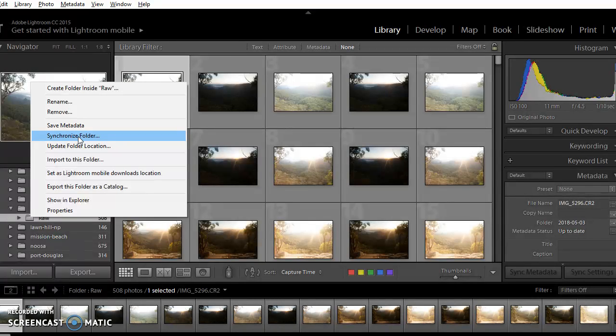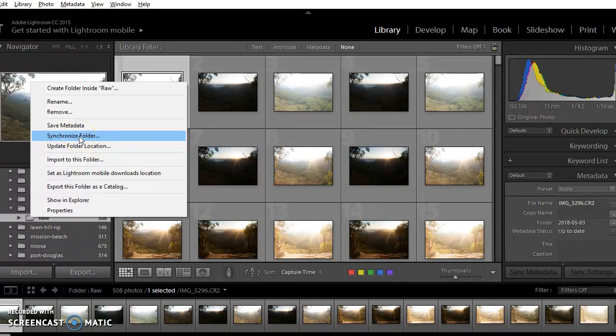Lightroom will not show you images on the fly. You need to synchronize the folder to see any new images which land in the folder, or even on its first attempt, because Lightroom has its own database, and